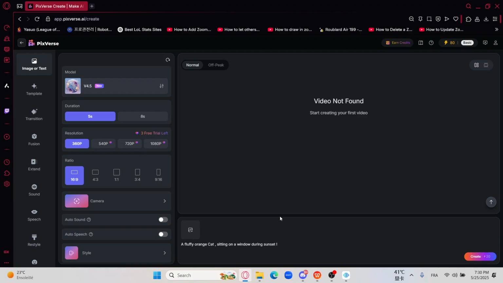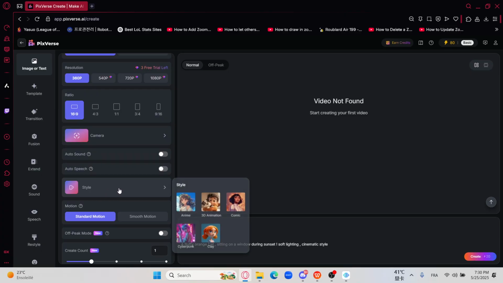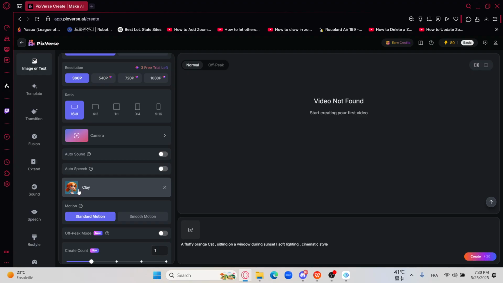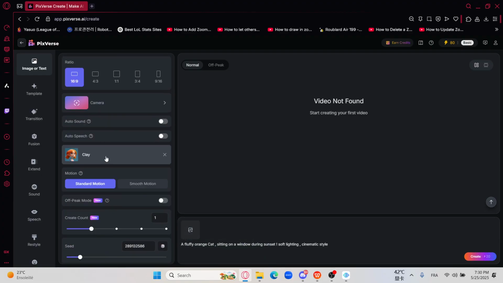And about the lighting, I can go into soft lighting. Then the style, cinematic style, for example. And yeah, you have some choices right here for the style. I can go into style, and I can go into clay, for example, and it will be good with that subject. And after you're finished setting up your video, you can just go and